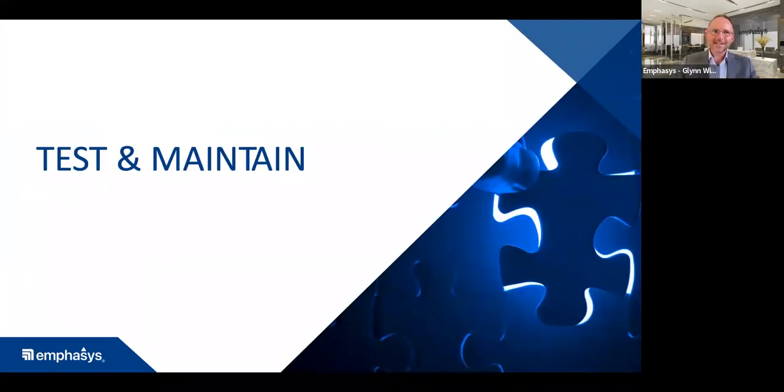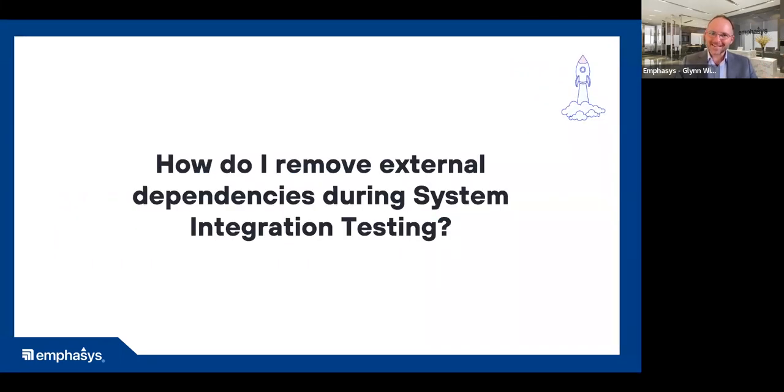Excellent. This brings us into the testing and maintaining portion of our integration build. And when it comes to testing and maintaining, one of the accelerators that we've got for you in this space is removing the external dependencies during system integration testing. What we've seen is that there's a need to test at least our interfaces, and our technology and integration that we've built, as well as our mapping rules according to our business processes and the logic. And we don't want to have to wait for a vendor to have their build ready for us